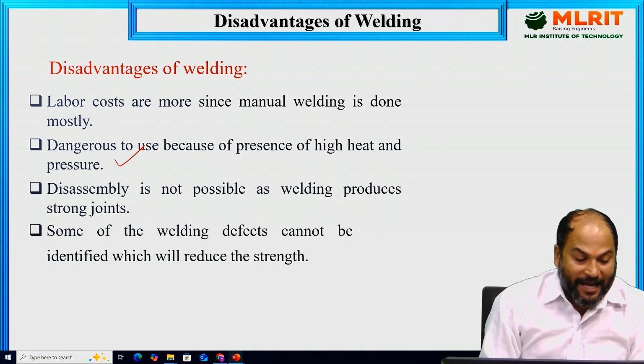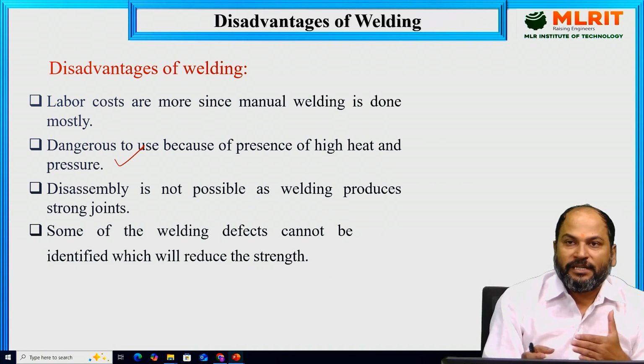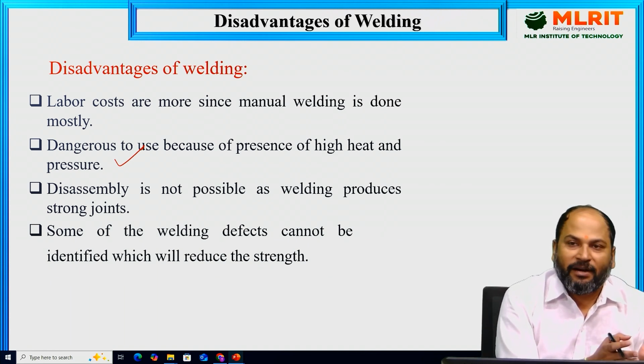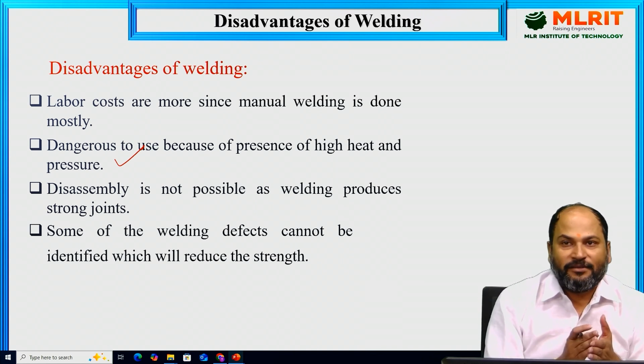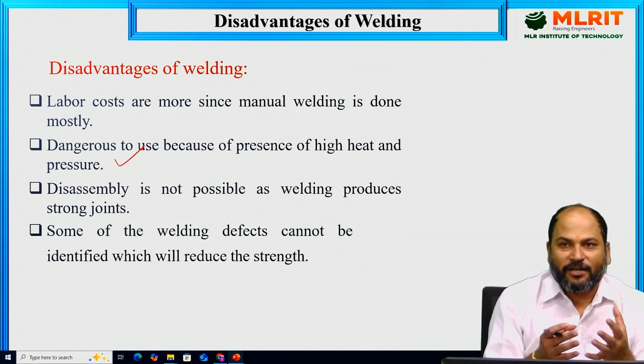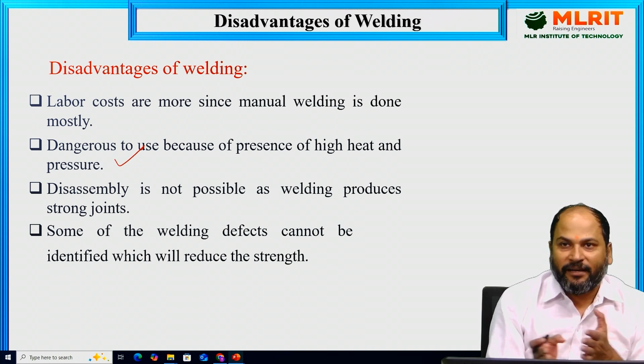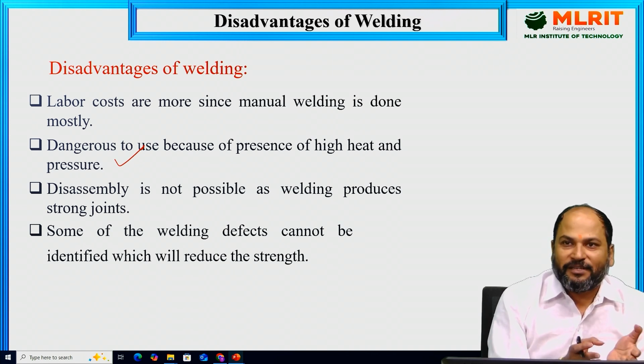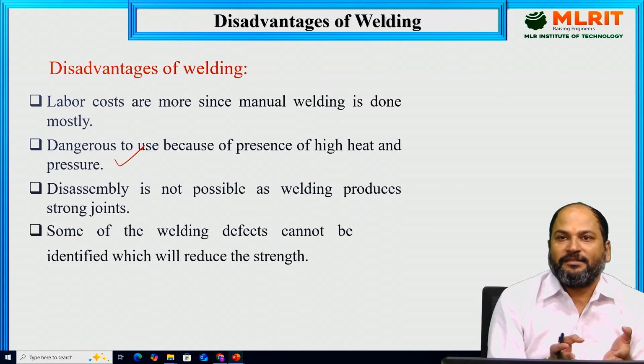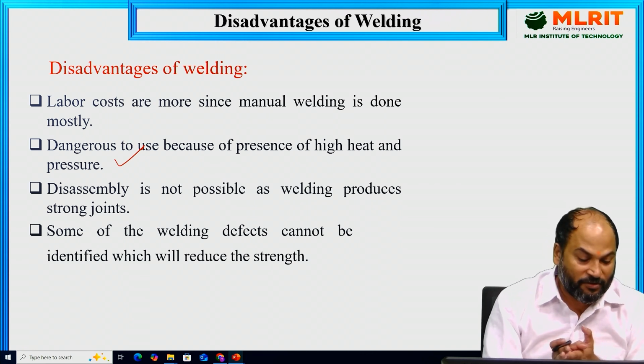As I said at the starting, it is a permanent joining process, so it has advantages as well as disadvantages. Means if I have joined two parts together and I want to dismantle them without physically damaging them, I can't do that. So this may be considered as an advantage of this process as well as a disadvantage of this process. Some of the welding defects cannot be identified, which will reduce